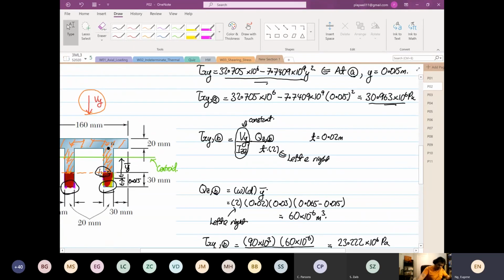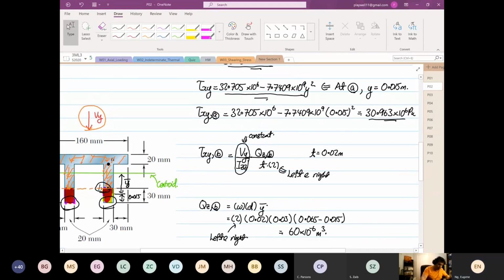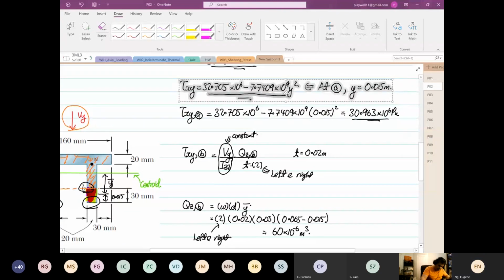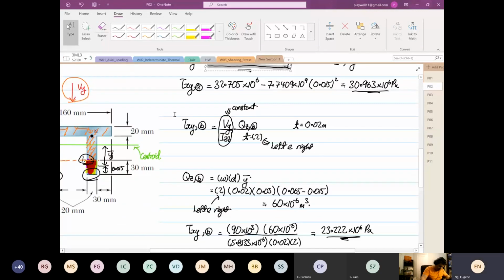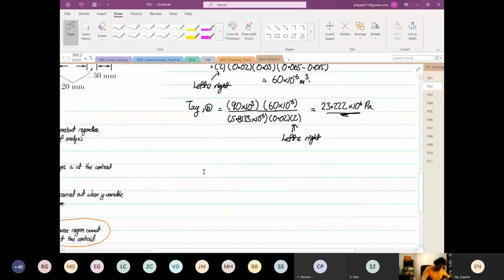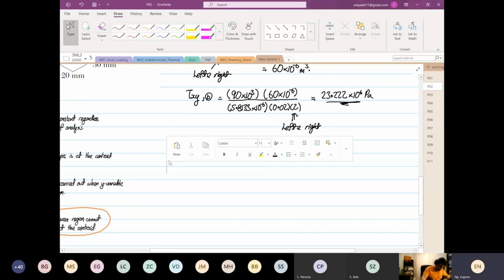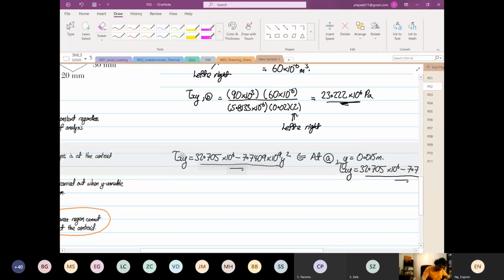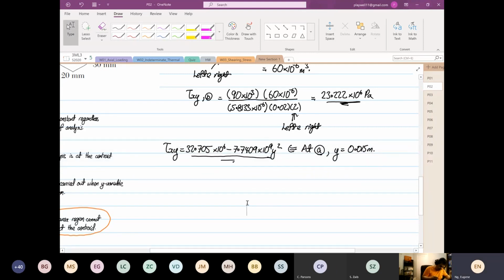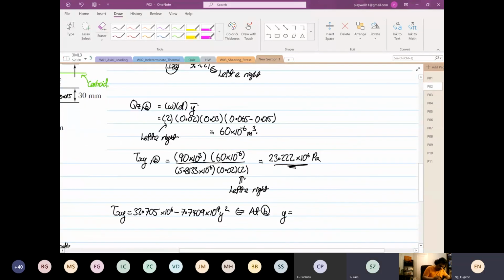Then again, I'm going to use the same equation. Okay, so if we are going to apply this equation again, so at point B now, y will be equal to what? y will be equal to 0.035. So it's 65